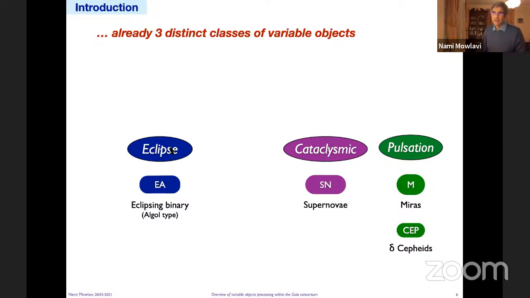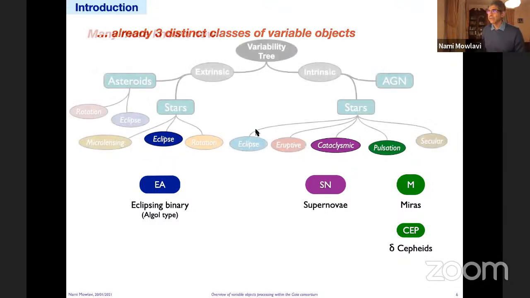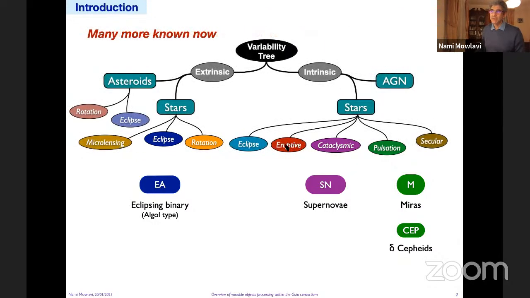And then you have the eclipsing binaries, which were observed. These 3 types are only a part of several classes, which include the eruptive ones, eclipsing stars, rotation, eclipses due to another object, microlensing, secular variability, and